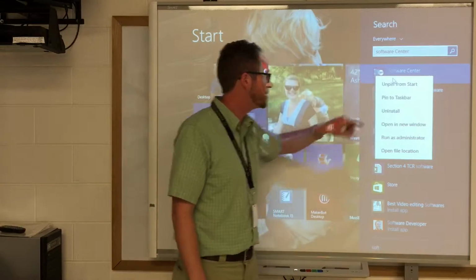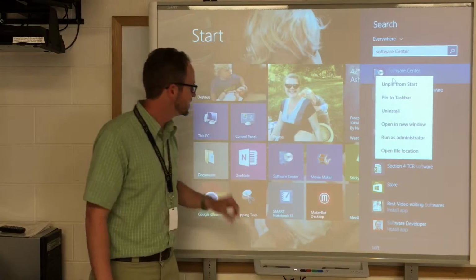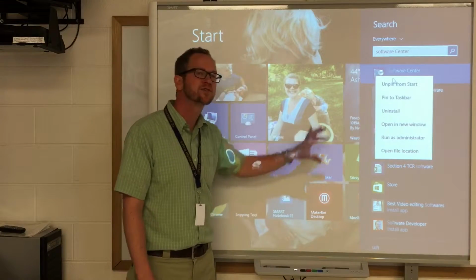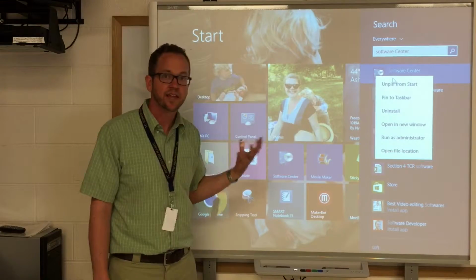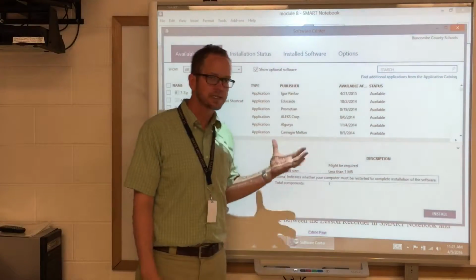So of course that says unpin because mine is already sitting here pinned to the start. I could also pin it to the taskbar if I used it that frequently. So keep in mind that goes for any application that you use frequently. So anyway, I'm going to go ahead and launch it, and yours will take a little bit longer since mine